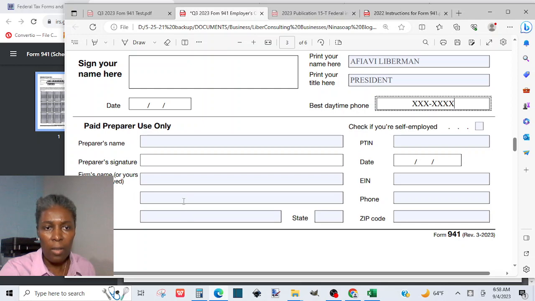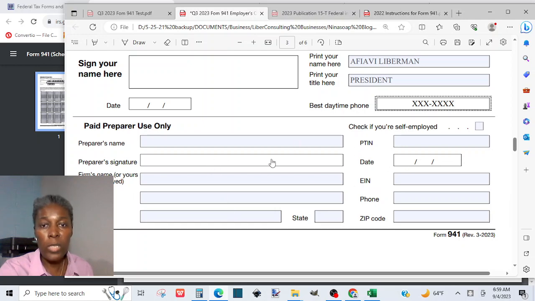Or if you are self-employed, then you'll put your name, your business address, you put your PTIN, and if you are self-employed, you check that box or you leave it alone. You put your identification, your business identification number, your business phone, and pretty much the address goes all the way there. But then after you print the copy out, you can sign it and date it,